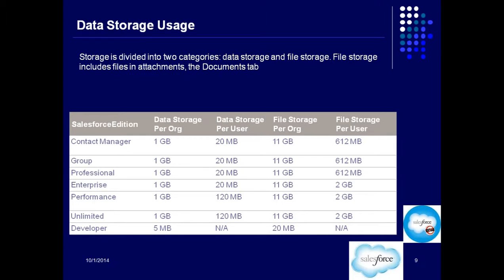Or if you want to use a logo or some image on one of your pages, that again needs to be uploaded as a document. So you have data storage and file storage. Now how much data storage and how much file storage you have depends on your edition. Here is the simple logic for it.